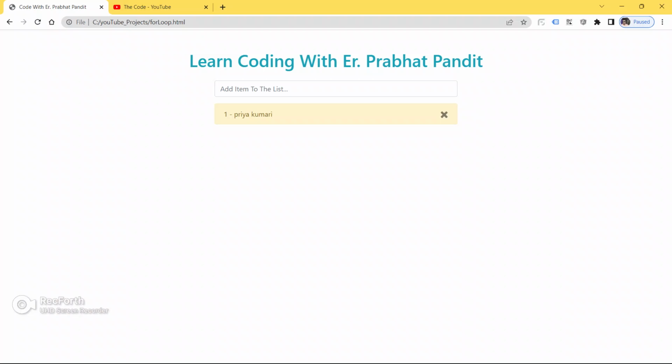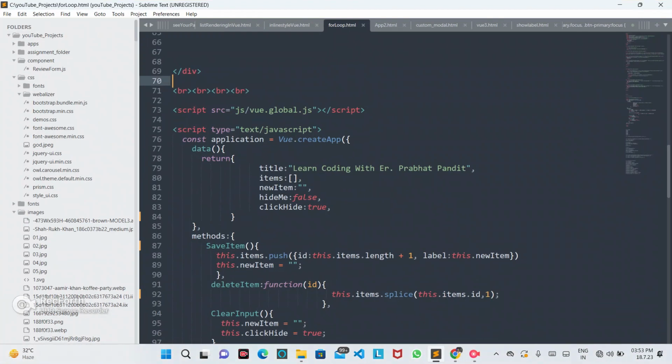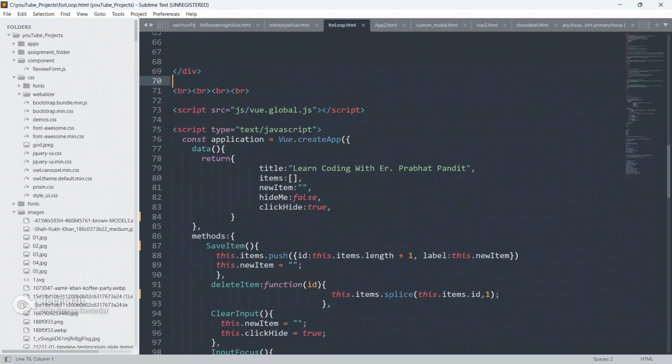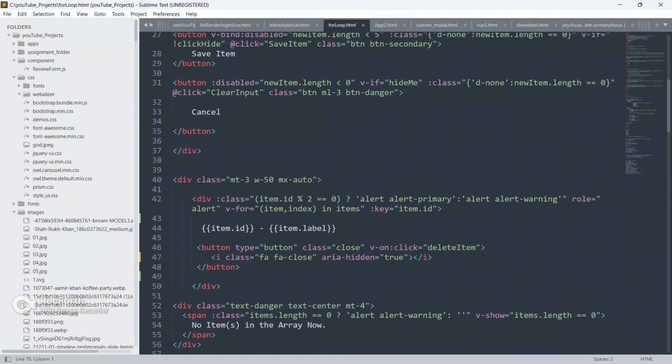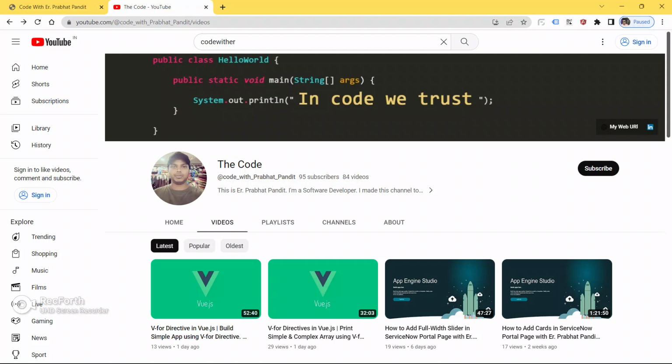Okay, so in this video guys, we are going to learn how to build this kind of application using HTML, CSS and Vue.js. Okay, so trust me guys, this video is purely based on Vue.js. From this video guys, you're gonna learn a lot of new things. So just be here guys and watch the entire video till last. Okay, so now let's get started guys, and let's learn.